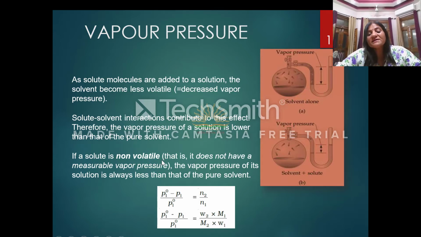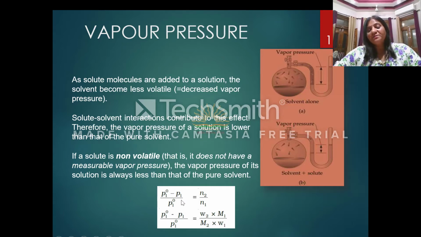So fewer solvent molecules will convert into vapors. Fewer vapors means less vapor pressure. So if we add a non-volatile solute to a volatile solvent, its vapor pressure is always less than that of the pure solvent, and it is denoted by